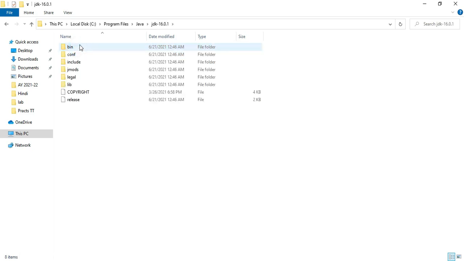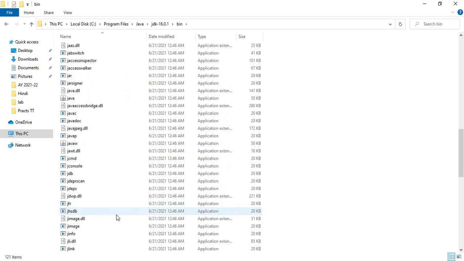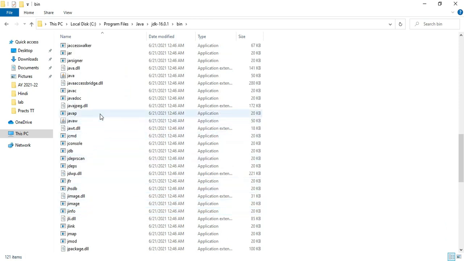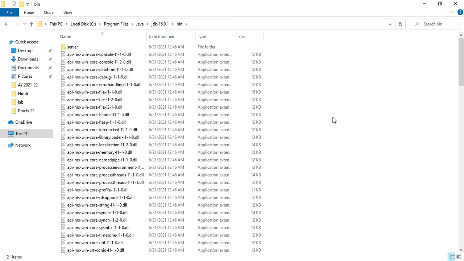Here you can see the important folder, which is bin, and you can see the different DLL and exe files it has, and we are going to use java and javac. These are the two important applications which will be used for compiling your program and for running your program. So this was all about installation of Java and checking whether Java is installed or not.